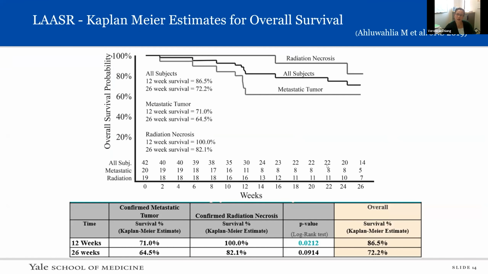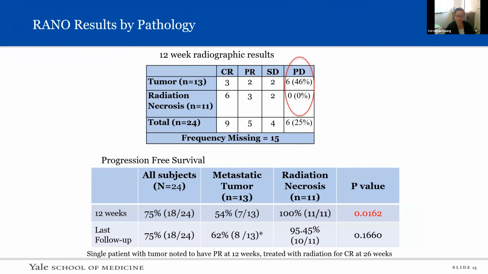All right, and so a couple of years ago now was the largest study looking prospectively at how we do with LITT for regrowing brain metastases. And so you can see here that while overall survival is pretty good, it's 70 to 80% at about 3 to 6 months, what's particularly notable is that patients with radiation necrosis do very, very well, whereas patients with regrowing tumor obviously less so. This also applies for local control. And so you can see that radiation necrosis control is very good with LITT, tumor control, unfortunately, less so.